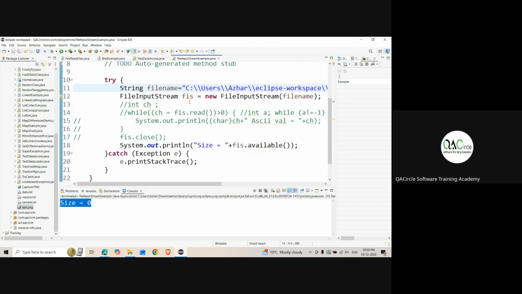Okay. So with fis.available, we are getting the size. So how many bytes will be MBs? Okay, let me just check. Bytes in MB. Apparently, 1 MB equals this many bytes. Okay. Now,